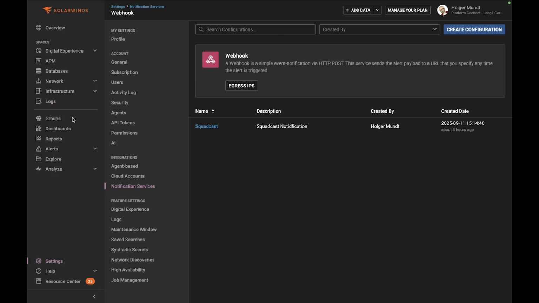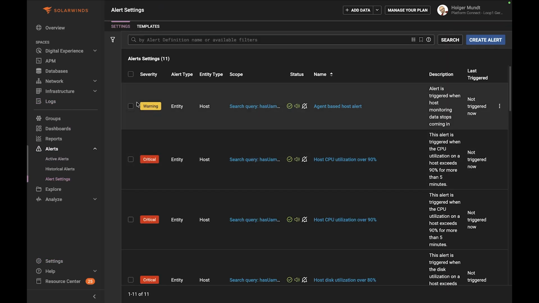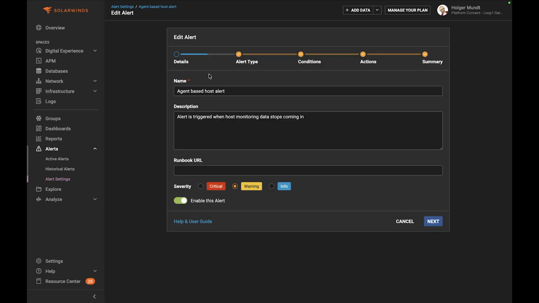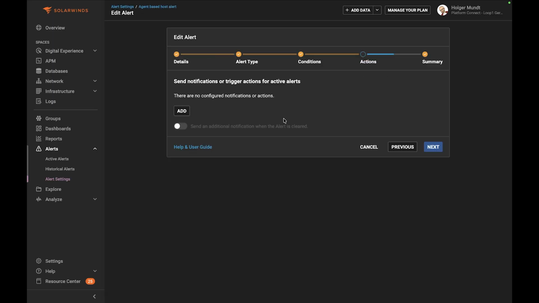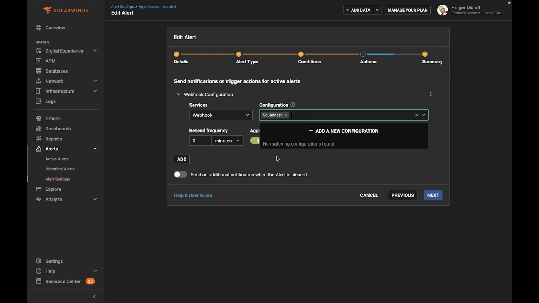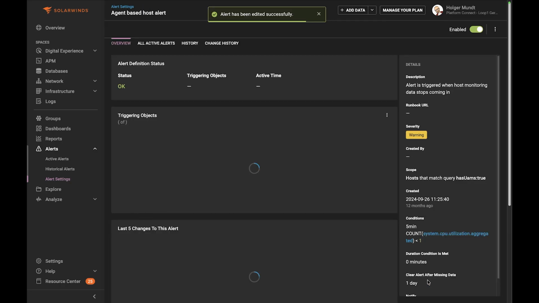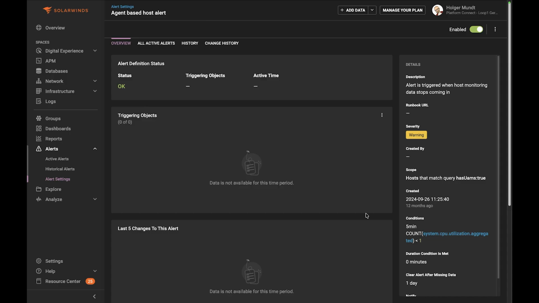And then I was going into my alerts as described in the documentation. Alert settings. Checked my alerts, edited my alerts, went to actions, added my, where is it? Webhook. And here's this podcast. So it's really as easy as that. Just hit the next button, save it, and now this alert will be fired to Squadcast, and you can work in Squadcast with that. It's really that easy. So kudos to the way of documenting it,